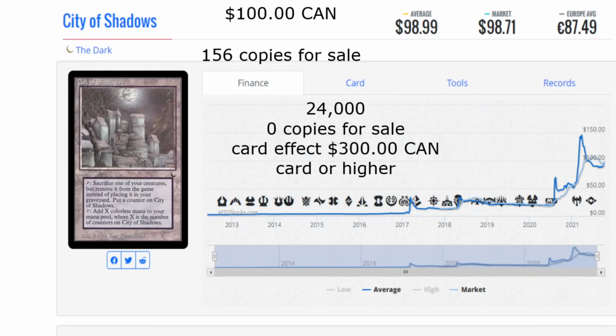Now, if we take a look at City of Shadows, that's the next one. City of Shadows is roughly $100 Canadian right now for a kind of heavily played copy, right? I only found 156 copies available. So for there to be 0 copies, I've got to spend $24,000 to get that 156 copies because it's more